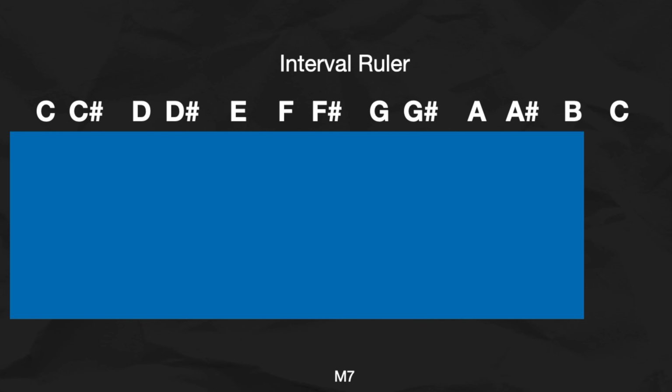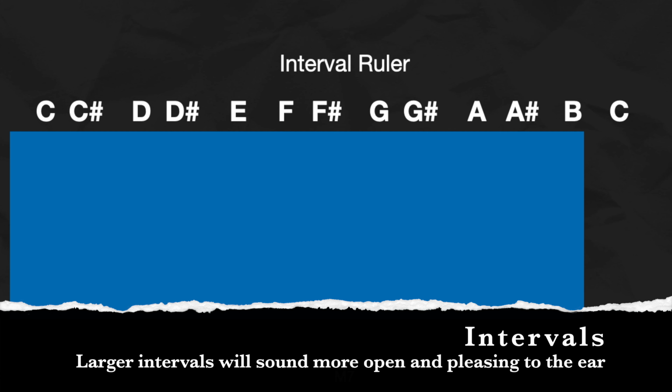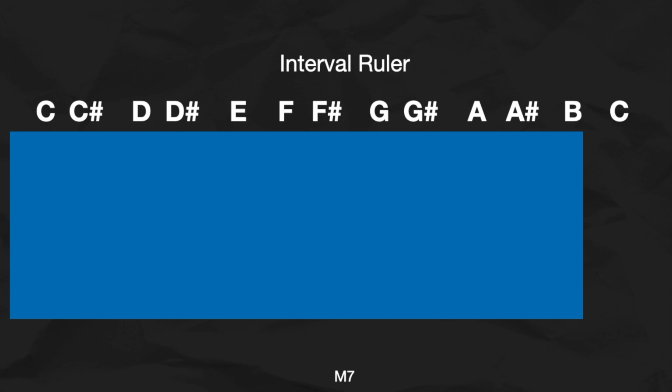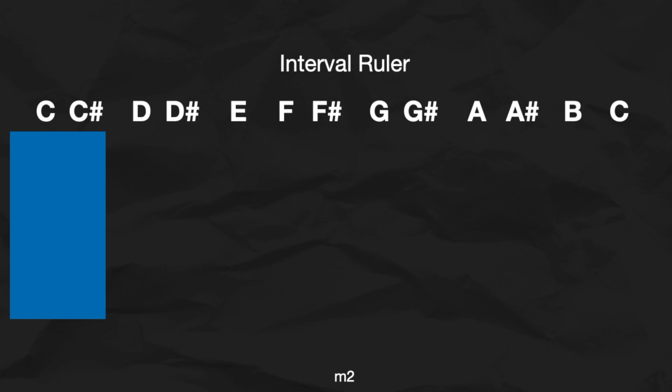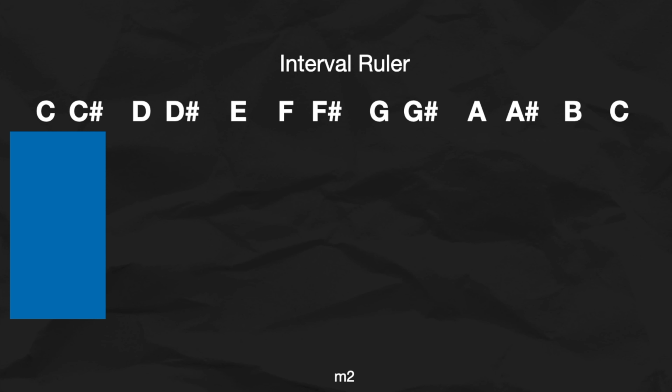Okay, the amount of the blue line that you're seeing on the screen is representative of how much distance is being passed. So as you can hear, this major seventh sounds really opened up. Whereas if I were to play, let's say, a major second, you can see that that distance is really short versus,